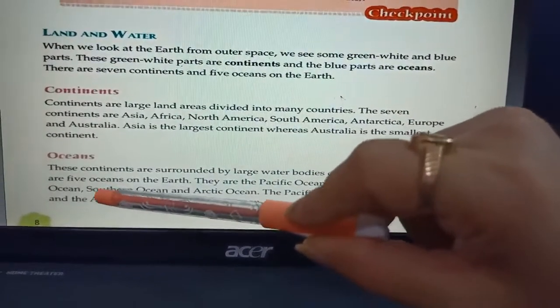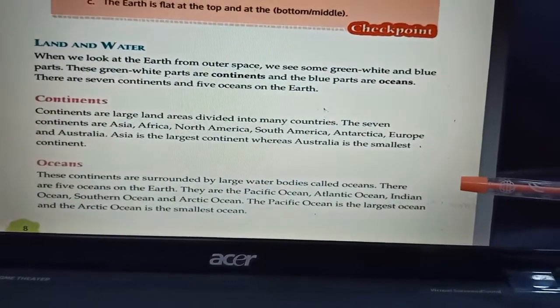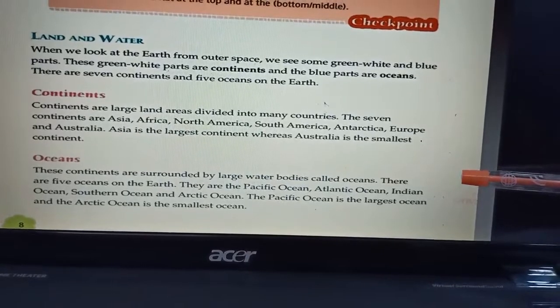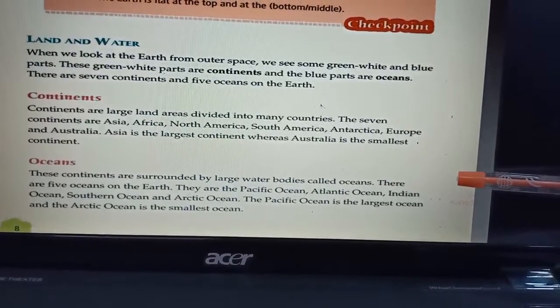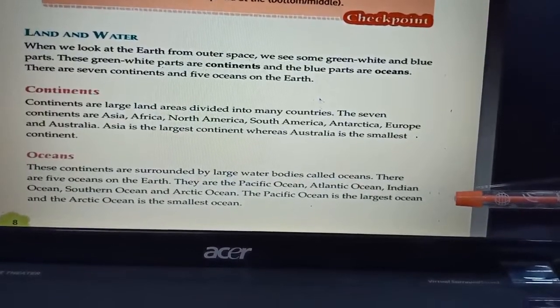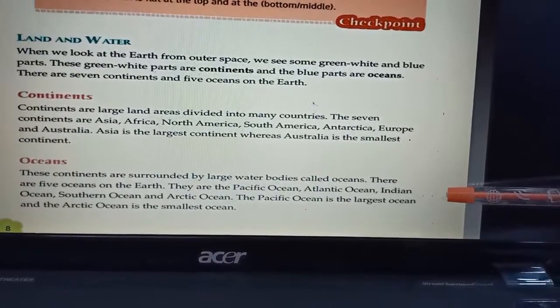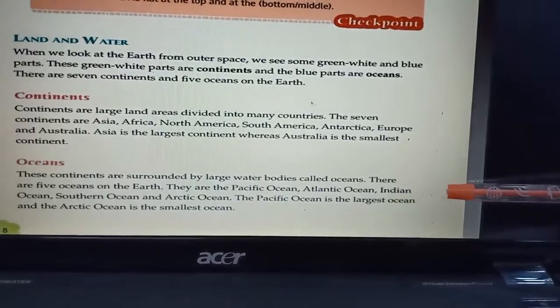Now we'll discuss oceans. These continents are surrounded by large water bodies called oceans. There are 5 oceans on the earth. They are the Pacific Ocean, Atlantic Ocean, Indian Ocean, Southern Ocean, and Arctic Ocean. The Pacific Ocean is the largest ocean and the Arctic Ocean is the smallest ocean.